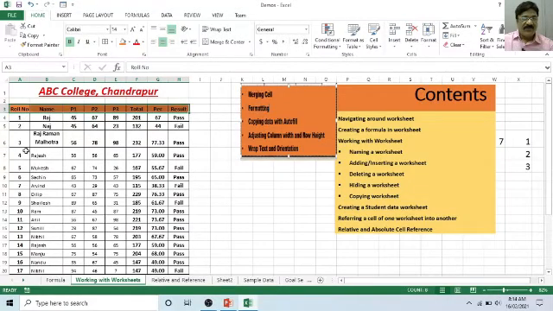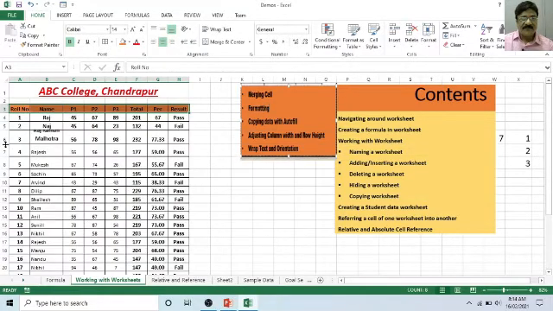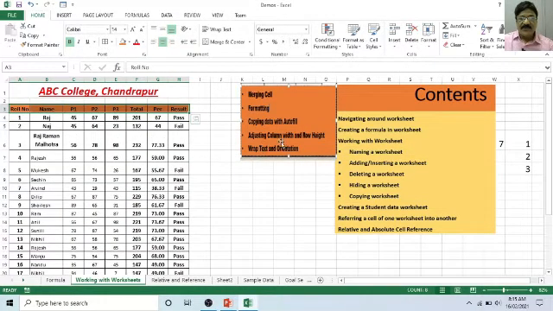then how to copy data with the autofill, then how to edit the column width. This is what your row height. Then we have seen how to edit the column width and row width, and finally we have also seen wrap text. Okay. Now we have also seen how to name the worksheet, how to add a new worksheet, how to delete the worksheet, how to hide the worksheet, and now we will discuss how to copy the worksheet.